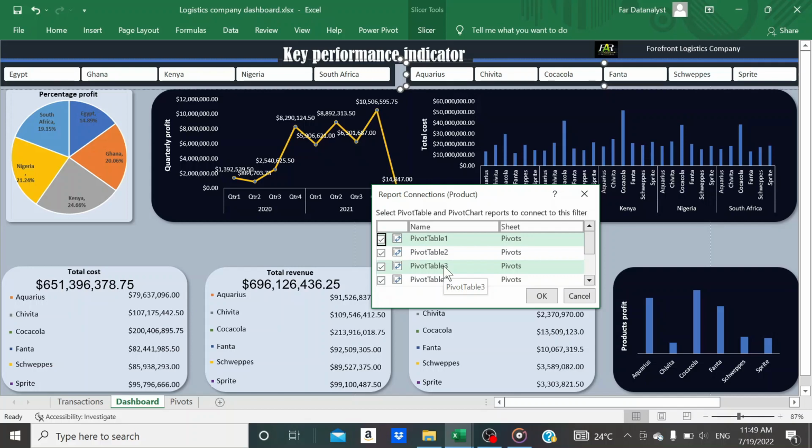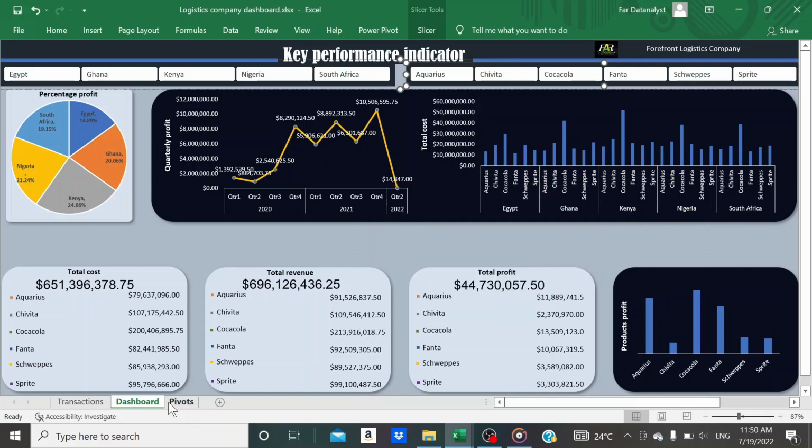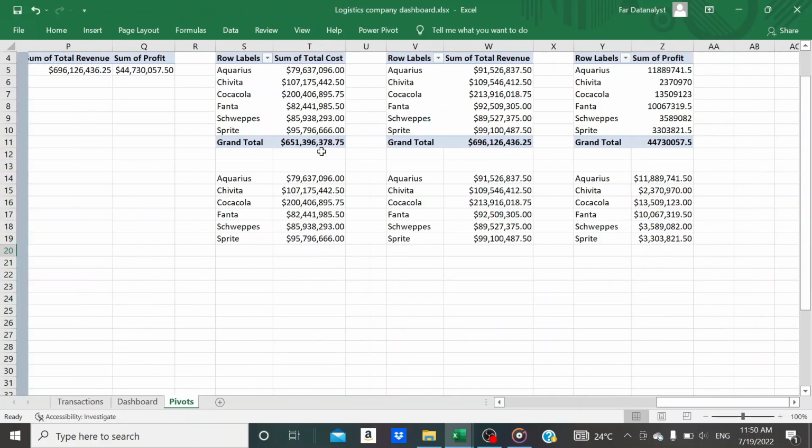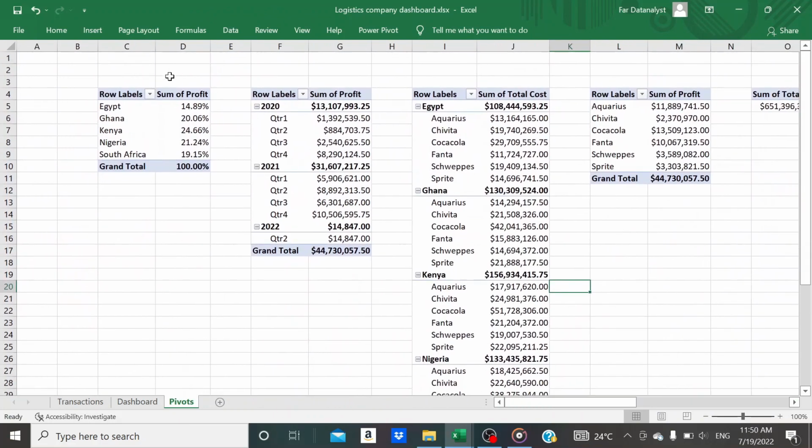I deliberately didn't name this pivot table so that you can see it for yourself. So this is why most times we advise that you name your pivot tables after you've created them when creating dashboards, because this is going to come in handy around this area. So I cancel like this, then I come back to my pivot. So I'll quickly be naming all these pivot tables, right? So this first one,